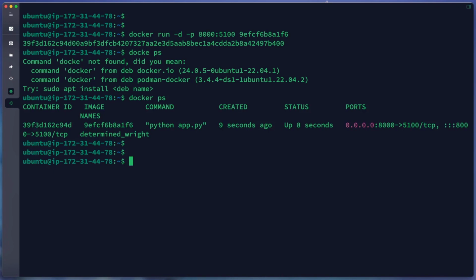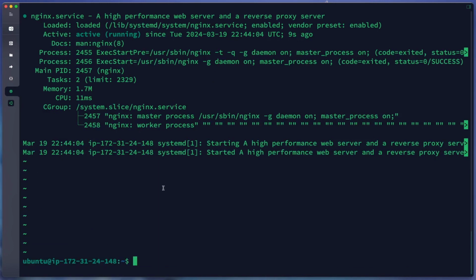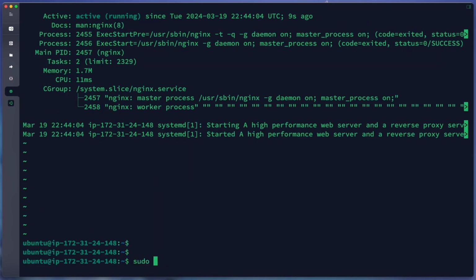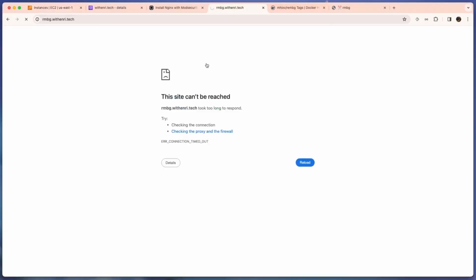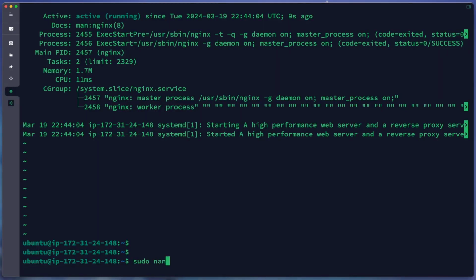Okay, next we will configure our Nginx reverse proxy. So we will create a new Nginx server block for our domain, rmbg.withhenry.tech. We use the nano editor in /etc/nginx/sites-available. We will create rmbg.withhenry.tech.conf.